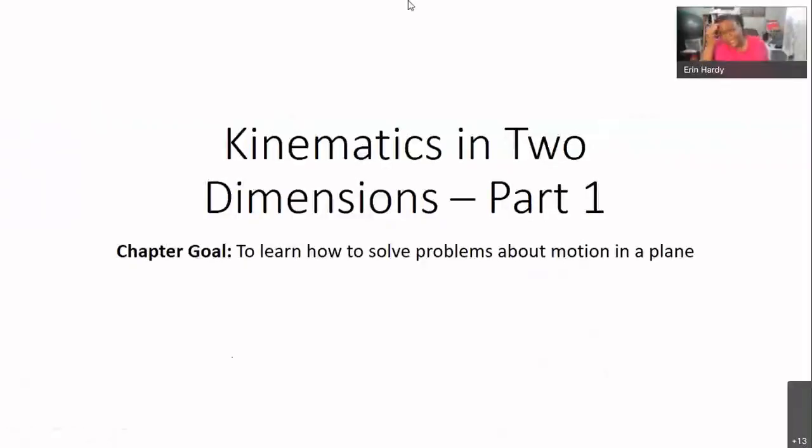Okay, so this chapter, kinematics in 2 dimensions. This obviously follows the structure of kinematics in 1 dimension. That was chapter 2. And the rules that we learned in that chapter are still going to apply. This is mostly going to be applications so that we are kind of understanding how to track motion in a plane as opposed to just a